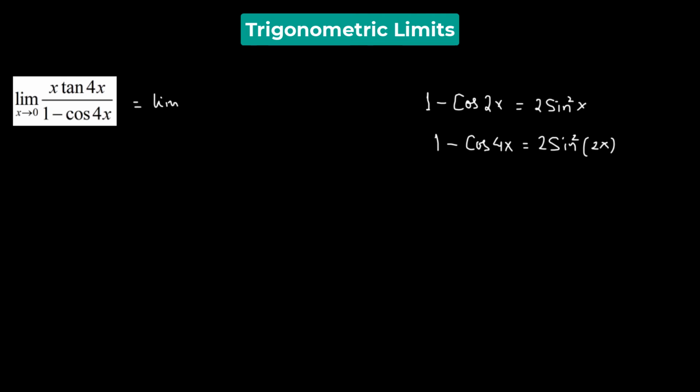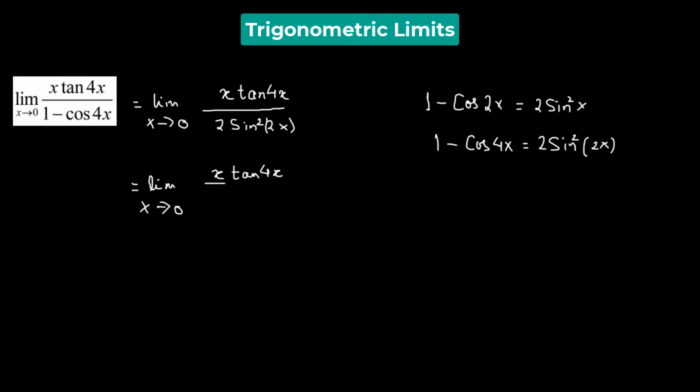So we have limit x approaching 0 of x multiplied by tangent of 4x divided by 2 times sine squared 2x. Now we're going to divide the numerator and the denominator by 4x squared. So we have x tangent of 4x divided by 4x squared, whole divided by 2 sine squared 2x divided by 4x squared,